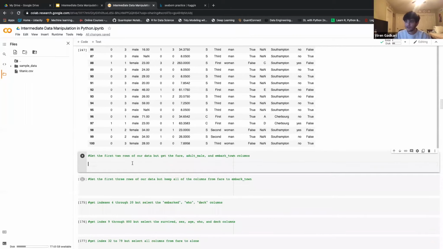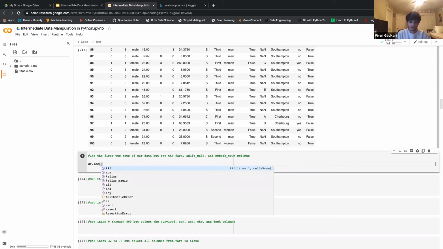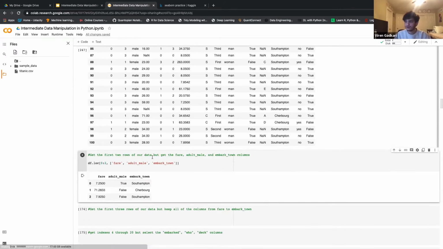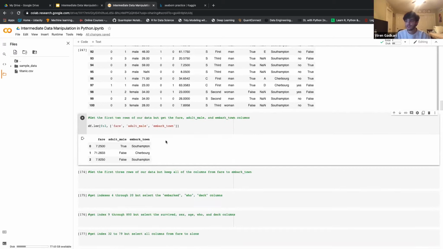and work with it individually. Now let's get the first 2 rows of our data, and then get the fair, adult_male, and embark_town columns. So we're going to be specifying 3 arbitrary columns. So let's do df.loc and let's go 0 to 2, and then the fair, adult_male, and embark_town columns. So now we have specified 3 specific